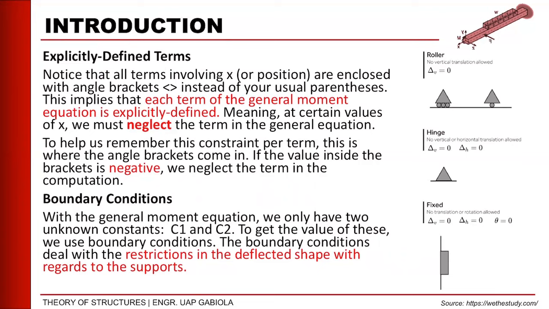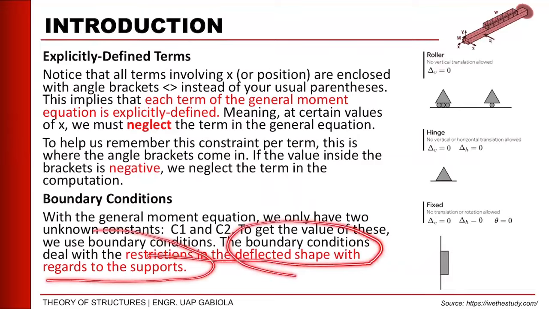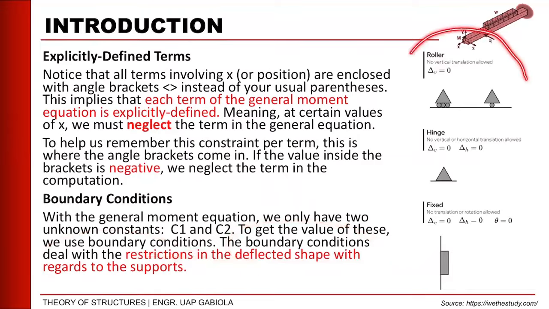And to get those values, as we said earlier, we use the boundary conditions. These boundary conditions deal with the restriction of the deflected shape with regard to the support. So I put this here. For a roller, the vertical translation, meaning the up and down movement, is not allowed, so the change in the vertical direction is 0. Okay? For a hinge, we have no vertical and horizontal movement, so the vertical is 0 and the horizontal